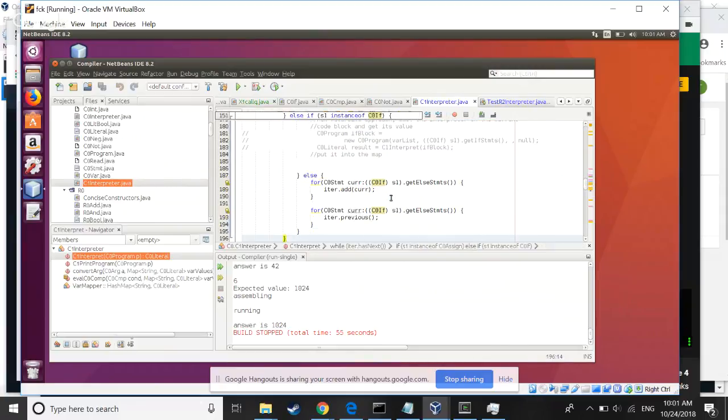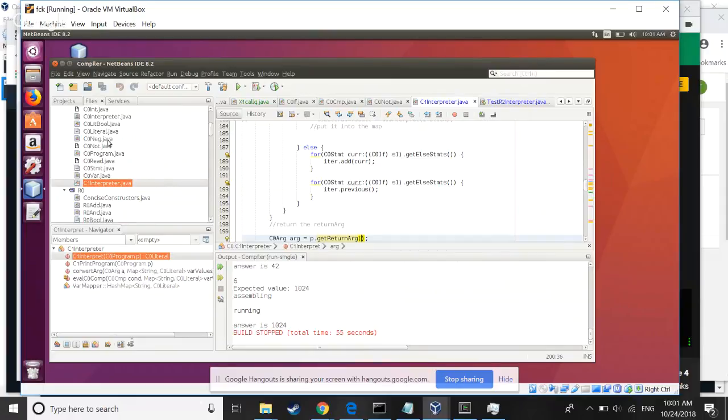And then the else, it does the same thing. It's not really an optimization. I just wanted to do it this way. Anyways, I just wanted to demonstrate this with one of the programs that I had,